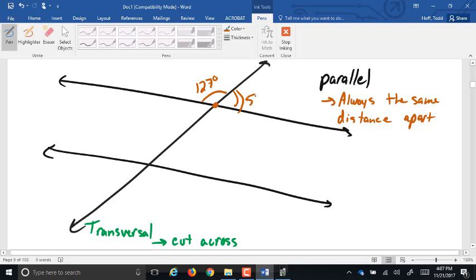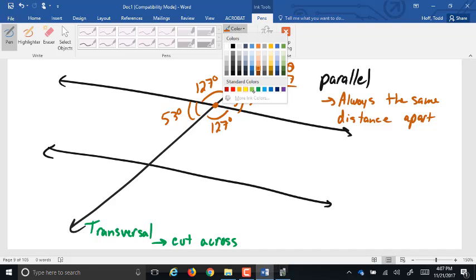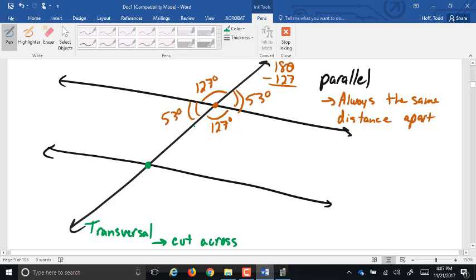53, very good. Those are supplementary, so it's 180 minus 127 gives us 53. How about this one over here? 53, good. This one here? 127, good. Now to go to this other point over here, this other location,